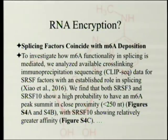To investigate how M6A functionality in splicing is mediated, we analyzed available cross-linking immunoprecipitation sequencing. Notice that is another abbreviation that they'll use. Data for SRSF factors with an established role in splicing. Now, SRSF factors are not defined there. They're probably defined in Xiao et al., 2016. We find that both SRSF3 and SRSF10, so there's two different kinds. Actually, there are probably 10 different kinds, and these are just the two most prominent ones, show a high probability to have an M6A peak summit in close proximity, that is closer than 250 nucleotides,